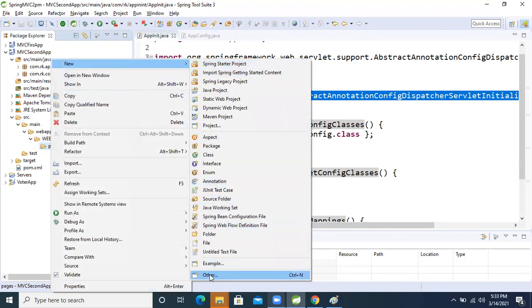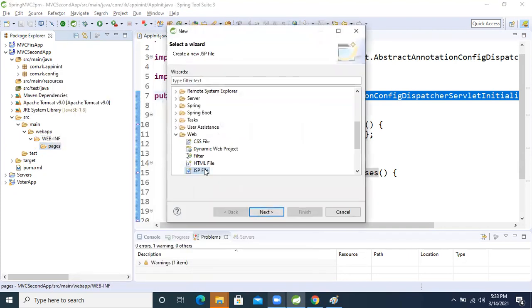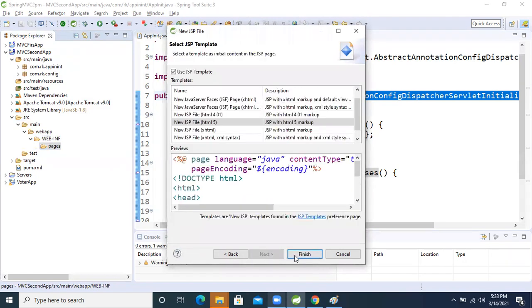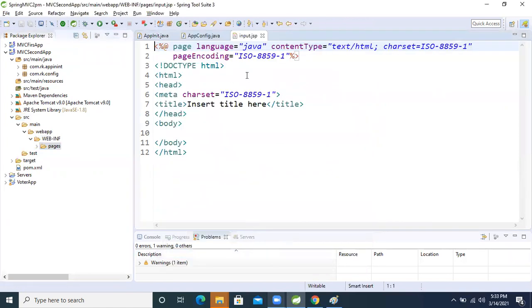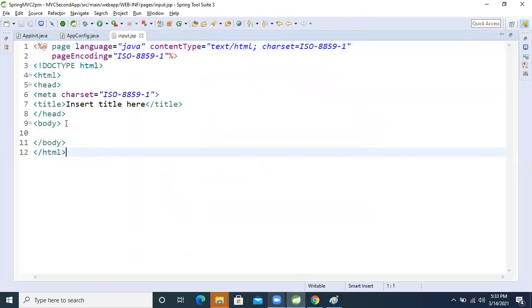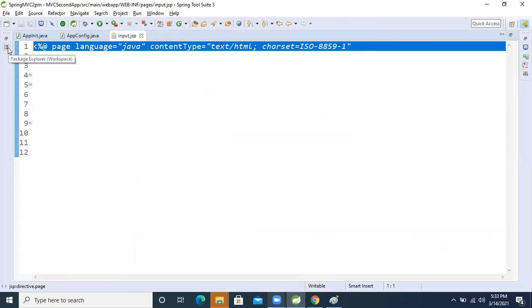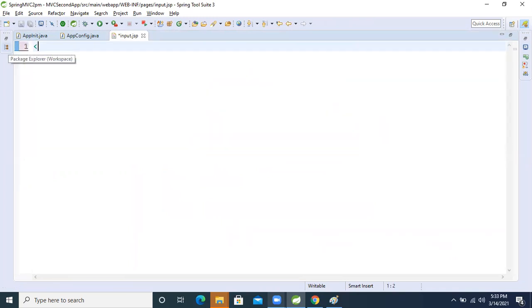Now I'm taking the JSP page, and I'm creating input.jsp. Next, finish. Okay, so the JSP page is created. Now I'm deleting everything, and I'm writing here: first h1, second application,